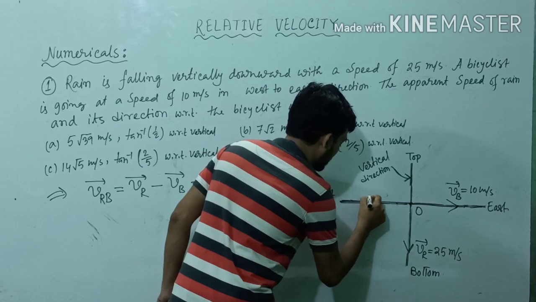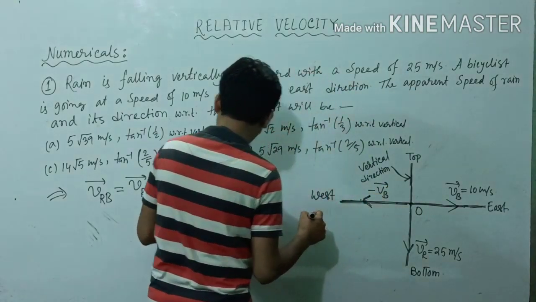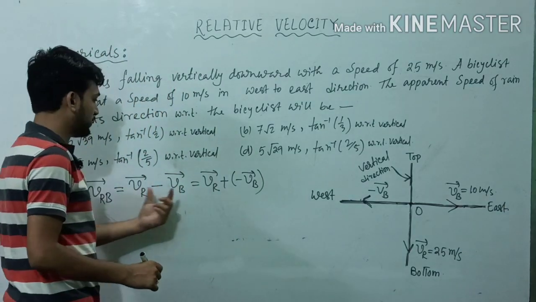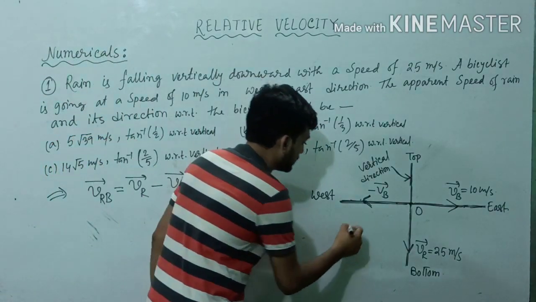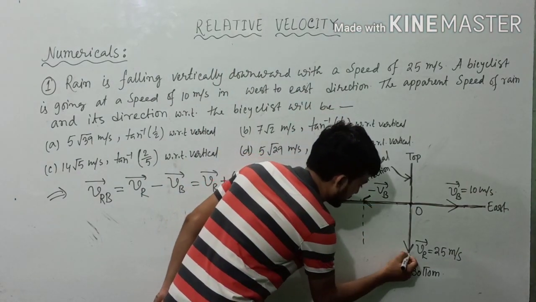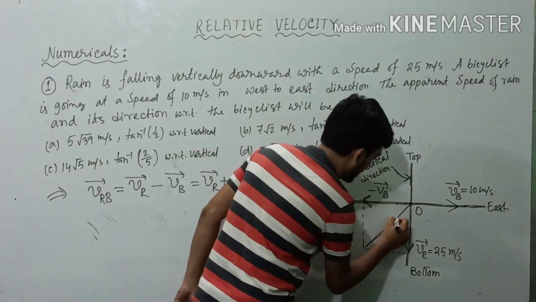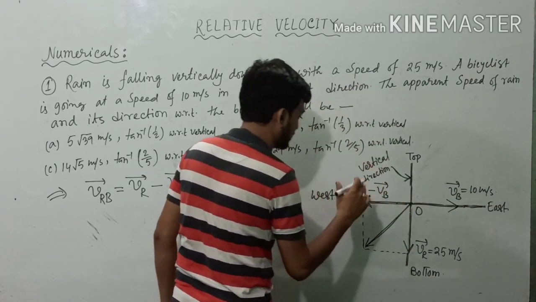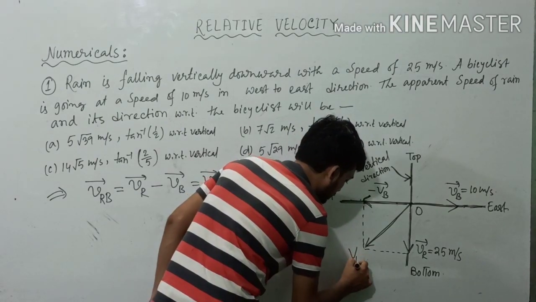So let's identify minus VV in the diagram. This is minus VV, and to find VRB we need to find the resultant of VR and minus VV. So we have to complete this rectangle. After that we have to draw the diagonal. This diagonal will show us the resultant of minus VB and VR, and this resultant will provide us the apparent